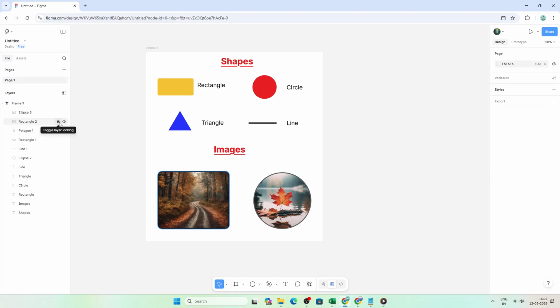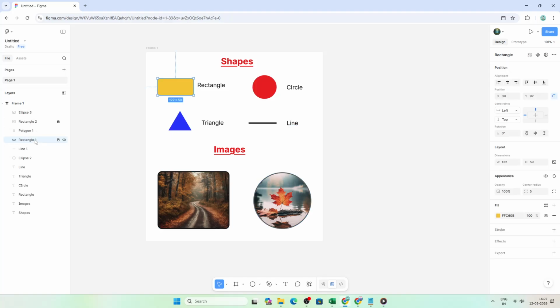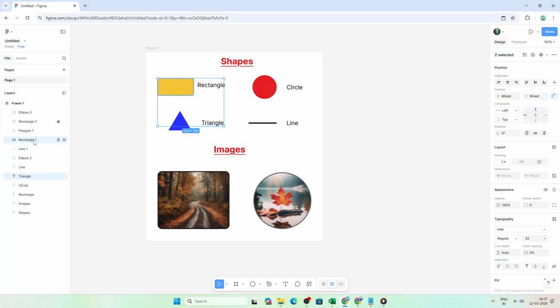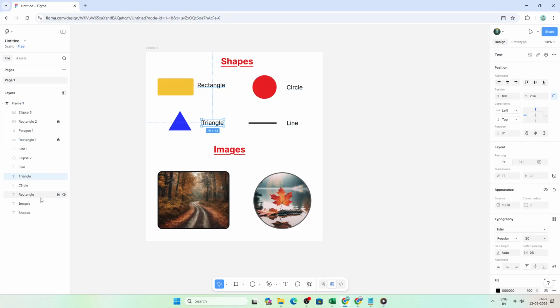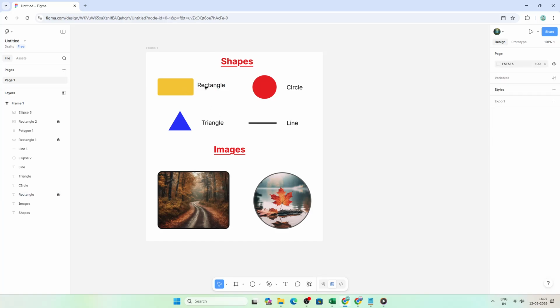If you prefer using the interface, you can lock from the Layers panel. Find the layer, hover your cursor over it, and click the padlock icon that appears. Click it again to unlock. This method is great when you are working through a complex hierarchy and want visual confirmation of what's locked at